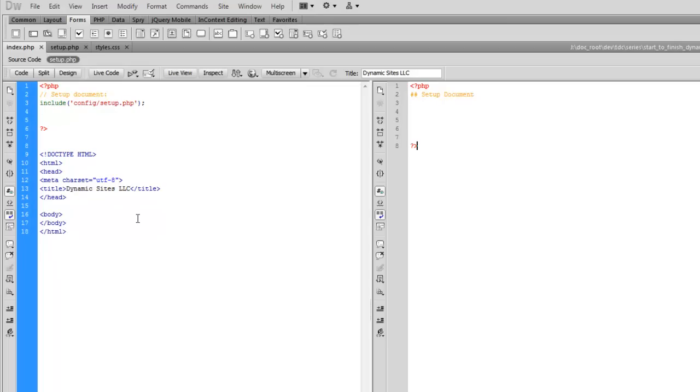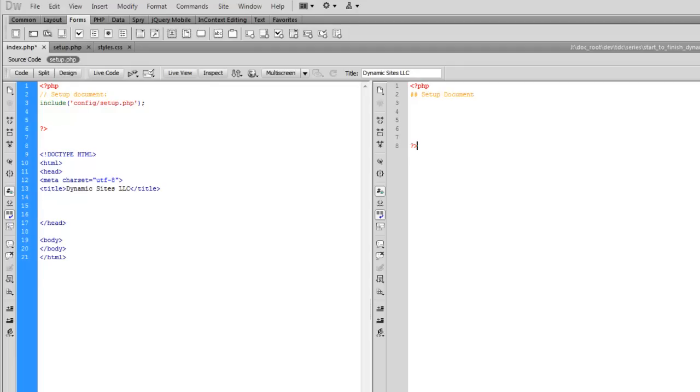Next we have our style sheet, which needs to go within the head. So I'm going to go ahead and give ourselves a couple of lines here between the title and the closing head tag. I'm pretty sure I mentioned in the first series that this is one of the only times that you'll see me utilize a drag and drop feature of Dreamweaver, meaning